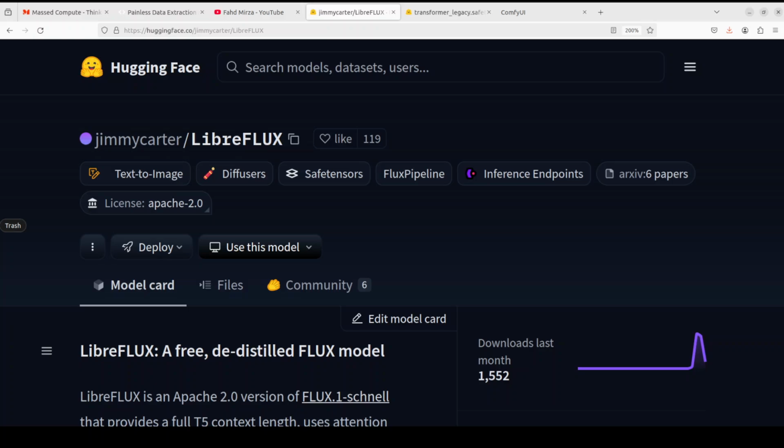So first, what is a distilled model? A distilled model is a smaller, faster version of a larger, more complex model. It's created by training the smaller model on the output of the larger model, often with additional techniques like adversarial networks. This process aims to preserve the performance of the original model while reducing its size and other requirements. Then we have another concept, the attention mask. An attention mask is a technique used in transformer based models like LibreFLUX. It prevents the model from using padding tokens, which are repeated tokens used to fill sequence length, to store information. By masking these tokens, the model focuses on the actual input text, which improves the performance and prevents degradation when